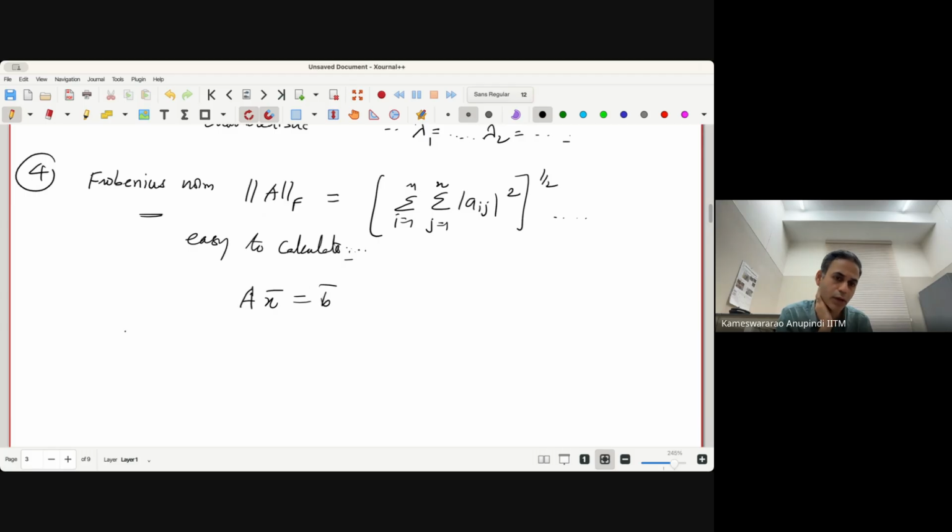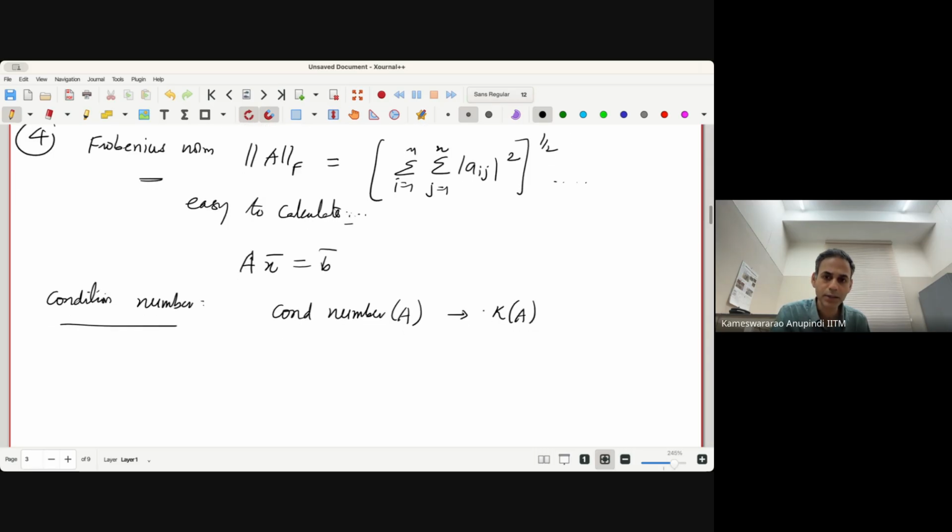Then we define something called a condition number, the condition number of the matrix A, which you can write as condition number of A. It is also denoted as k of A. This condition number plays an important role in determining whether we will be able to solve Ax equal to b or not,